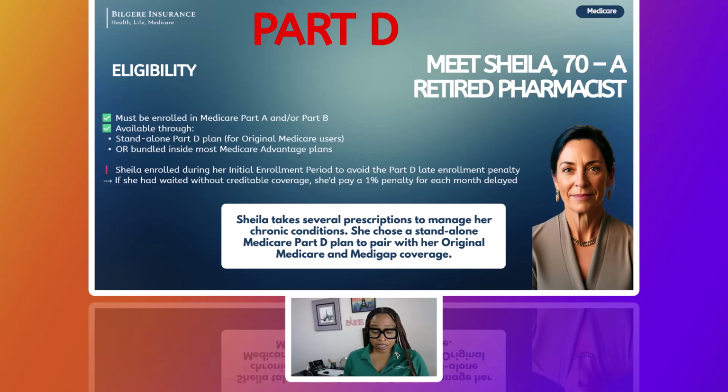So, a little bit more detail. Part D penalty is assessed each month that you don't have credible coverage. This is very different than the penalty for Part B. And remember, these penalties stay for a lifetime. Although it's deemed optional coverage, if you do not maintain credible coverage, once eligible, you may have a penalty. So we can talk about that in detail.